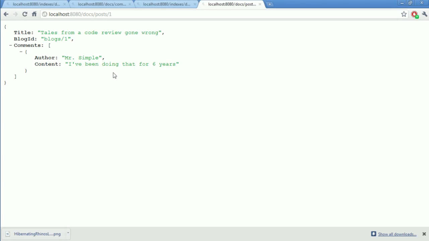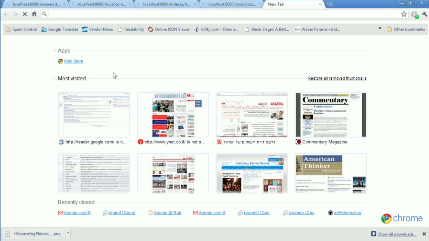A denormalized reference basically says, okay, I'm going to store inside the post the blog ID and the blog name. There's some nice code that shows how to do it very easily on the RavenDB website. You can search for denormalized references, and I can probably find it faster if I just go here.